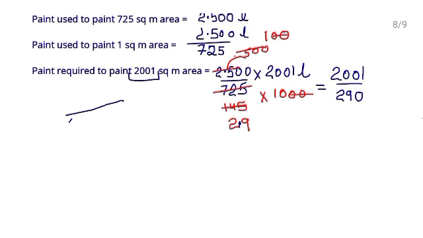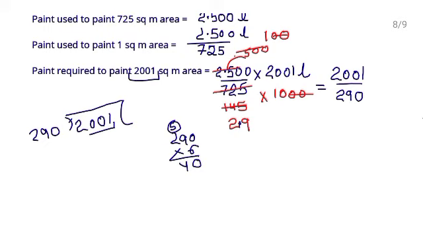Now simply divide it. Divide करना है 2001 को 290 से. Okay. 290, 1 is 290 is smaller. So what you are going to take? Let's check with 6. 290 by 6. 6 zeros are 0. 6 nines are 54. Write 4 here. 5. 6 twos are 12 plus 5, 17. Again smaller. Check by 7. 7 zeros are 0. 7 nines are 63. 7 twos are 14 plus 6, 20. Right? This is greater. So we will use 6.